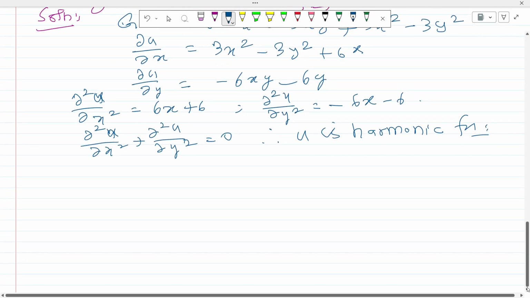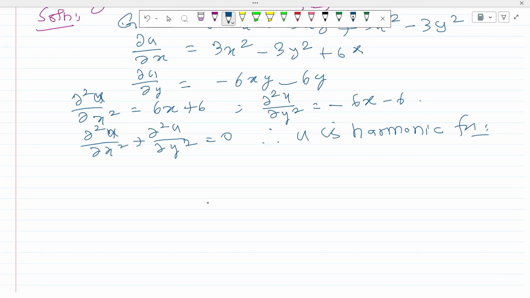We found the first one. Come to the second one. What is the second one? Find the harmonic conjugate. Otherwise, we can go for finding f of z. Okay, let